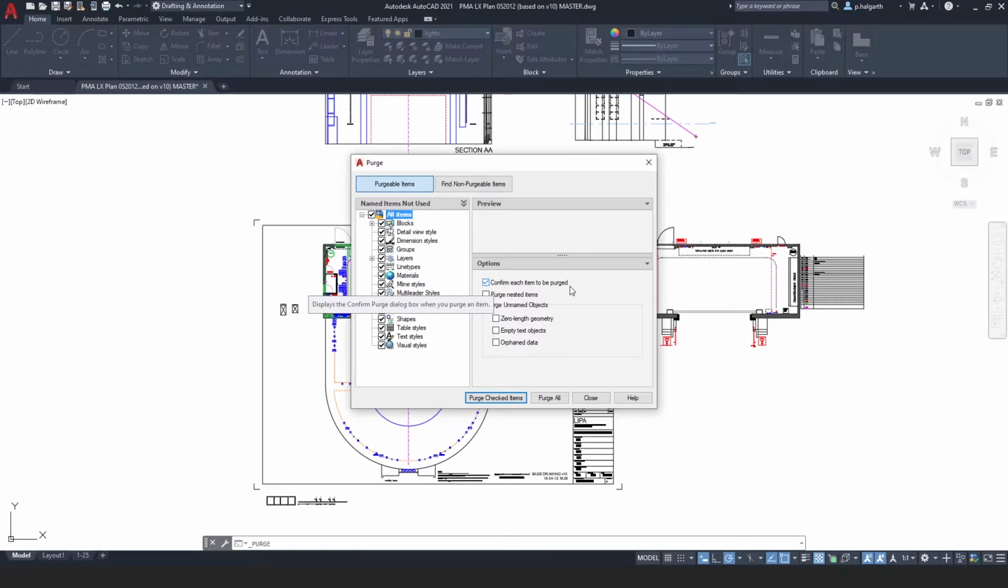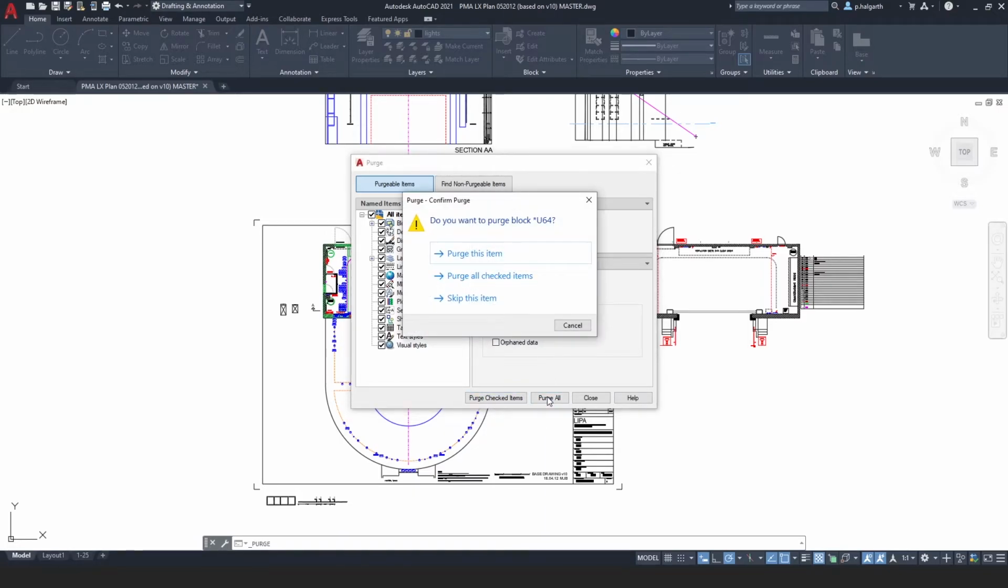And I'm also going to make sure that I've ticked this option here, Purge Nested Items, and that allows me to delete items that are nested inside of each other. So for example, a block that has been created using another block inside of it. A nested block. Okay, so I'm going to go to Purge All, and at this point you can see that